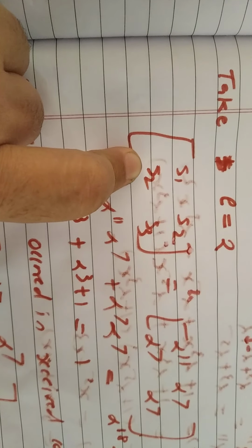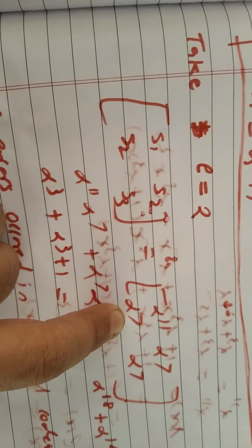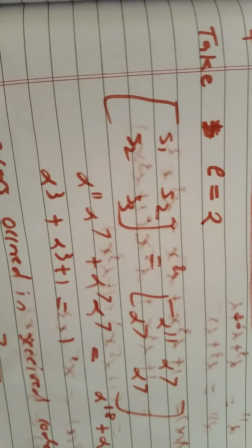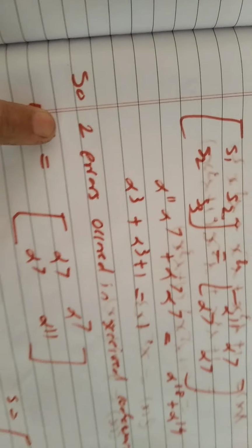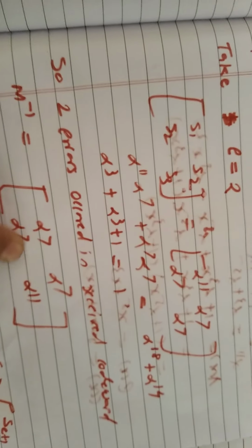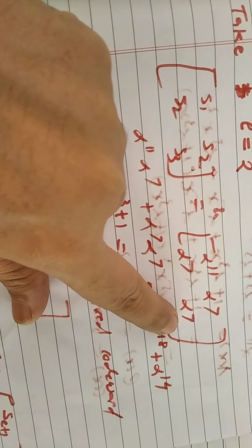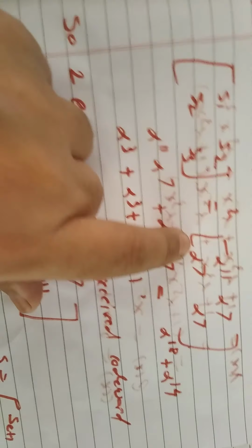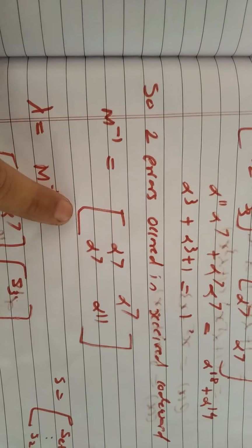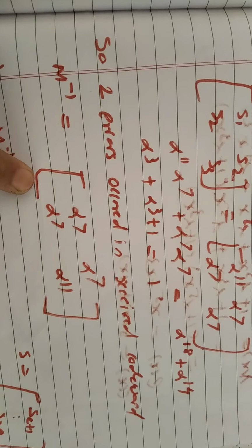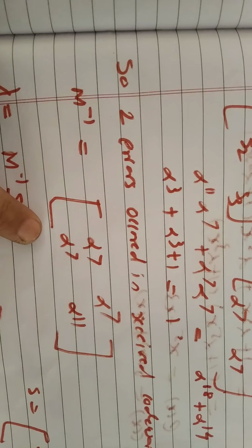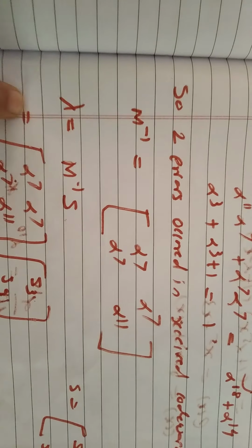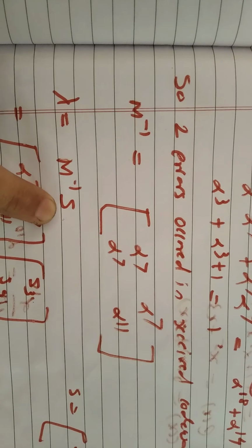Then all these values are already computed, which are placed here in this matrix, and the determinant is found. Now in this case the determinant is not equal to 0. That means 2 errors have occurred in the received code word. Then you have to compute the inverse of this matrix. To compute the inverse of a 2 by 2 matrix, this element will go here and this will come here, and these are unchanged, because there is no negative sign in case of XOR addition or XOR computation. So M inverse you have computed, then lambda is equal to M inverse S. So this is M inverse.